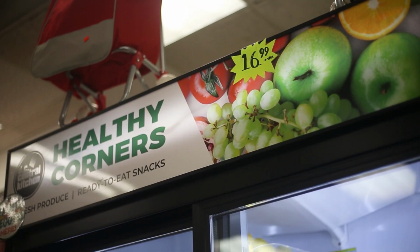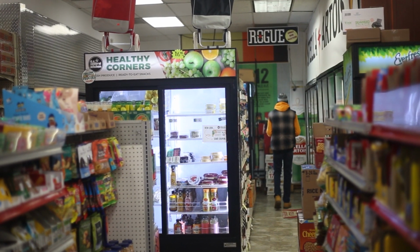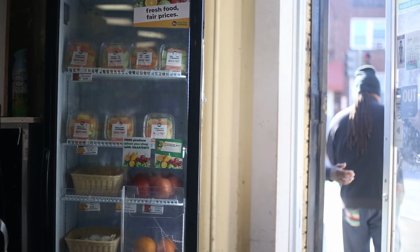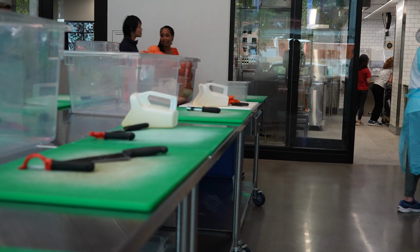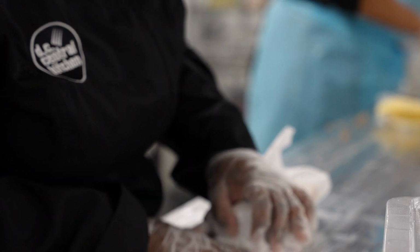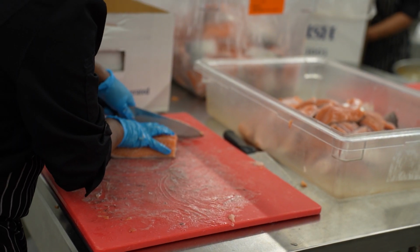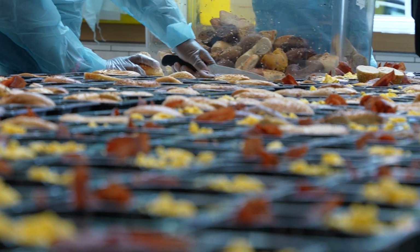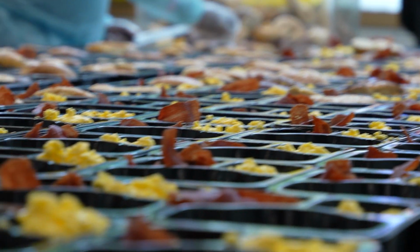In neighborhoods that don't have supermarkets, DC Central Kitchen stocks corner stores with fresh, affordable produce and snacks through our Healthy Corners program. In 2022 alone, DC Central Kitchen provided schools, shelters, and nonprofits with over 2.7 million meals and had 63 individuals graduate from our culinary job training program. Today, we are stronger than ever and continue to make a difference in our community. So we are always looking for hunger fighters to come and join us, so I invite you and your families